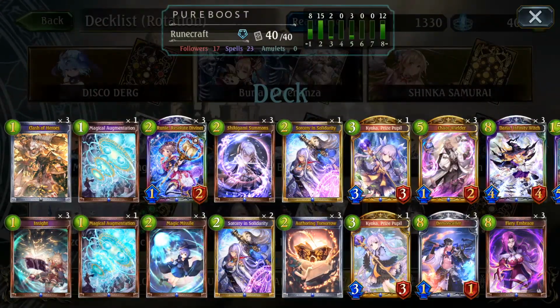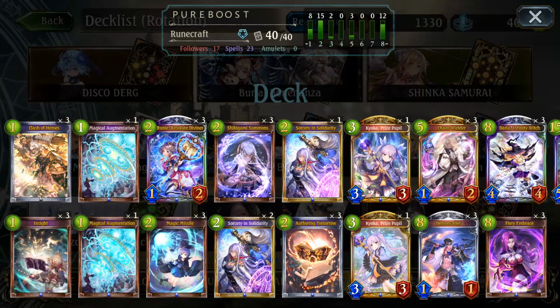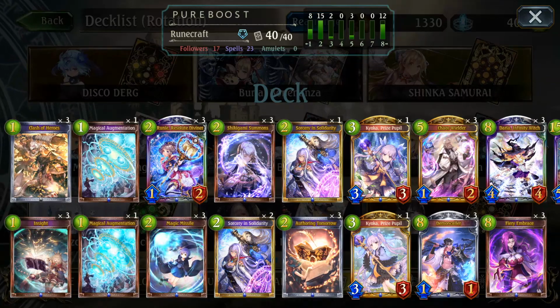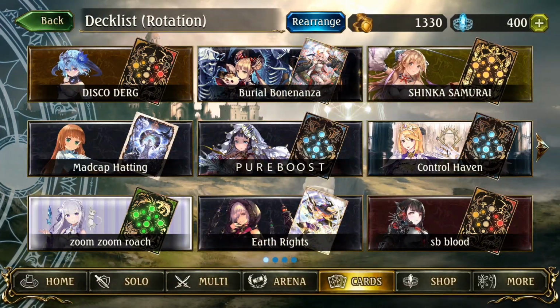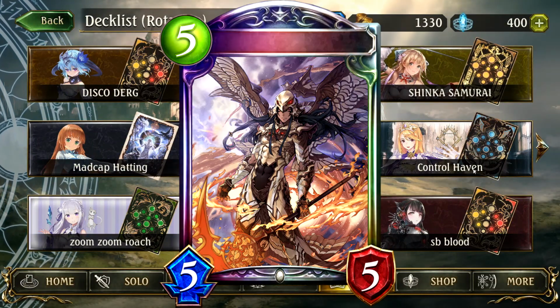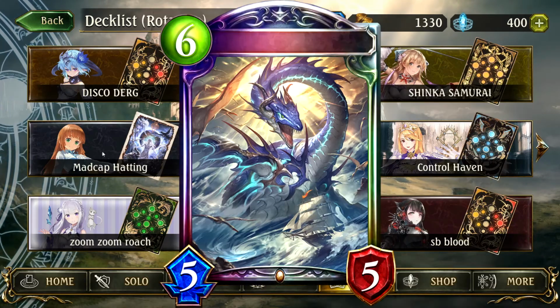For decks like Aggressive Evolution Sword and Burnt Blood, it's a bit more straightforward. You just make sure you have those early low-costed followers in hand and you're able to play those onto the board. Of course, there are other decks lingering around the meta, say Control Haven, Zoom Zoom Roach, Earthright Rune, Disco Dragon, Artifact Portal,